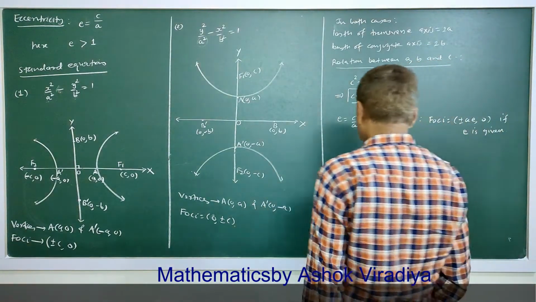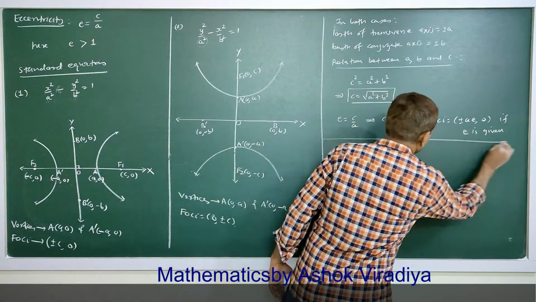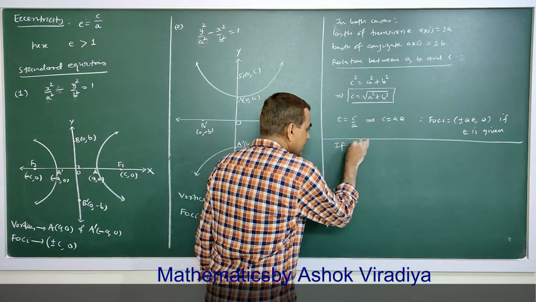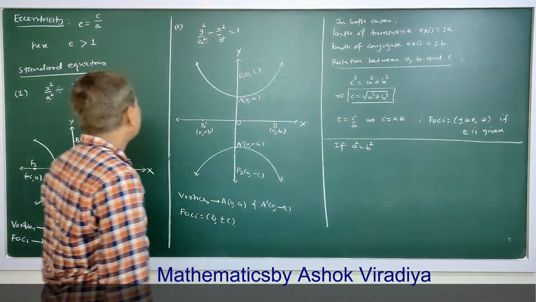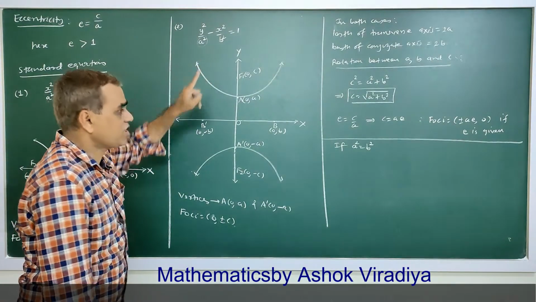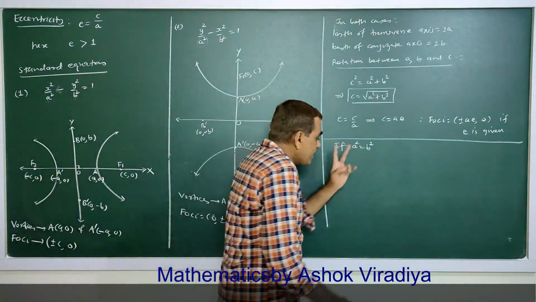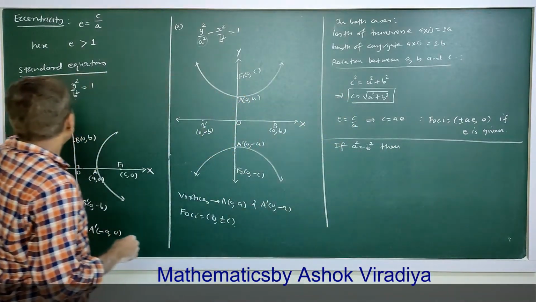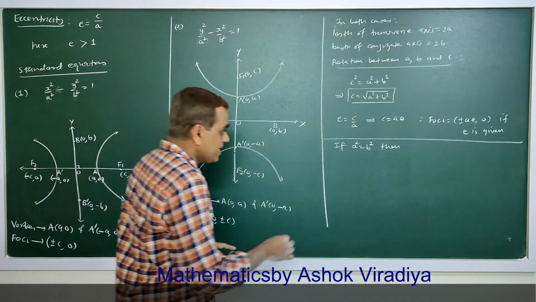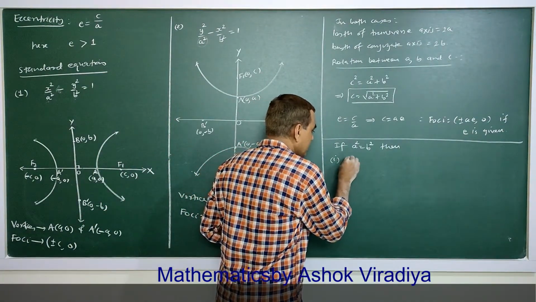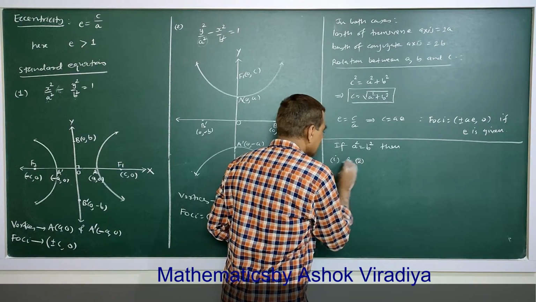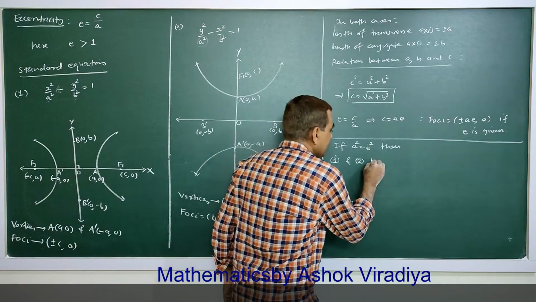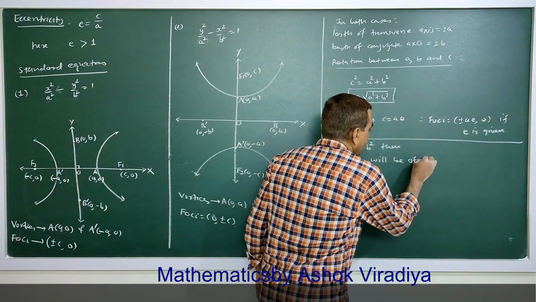Now in these equations, if A square equals B square, either in this equation or in this equation, then equation 1 will be converted into 1 and 2. Both equation 1 and equation 2 will be of the form,